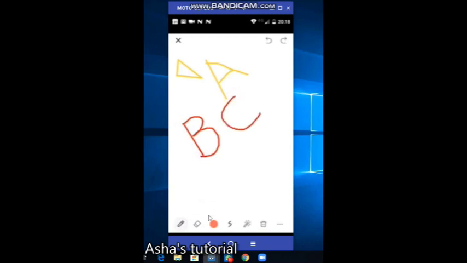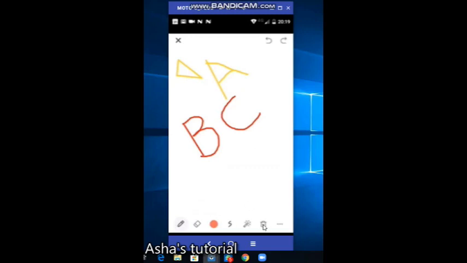C, I wrote. Okay, if I want to clear my screen, clear my drawings, whatever I have drawn, clear all drawings, anything there I can clear. I can also clear others' drawings. If any participants have drawn anything, sometimes for mischief, participants are allowed to use the board, that time what we will do is clear others' drawings.